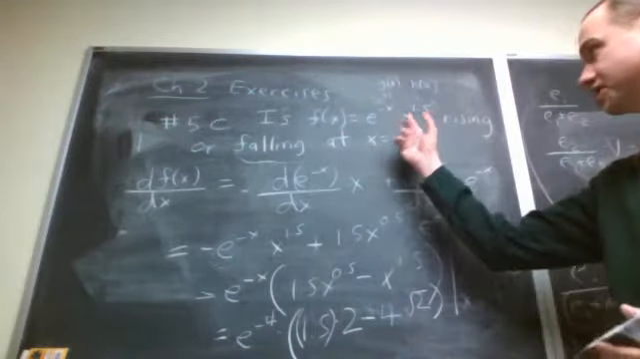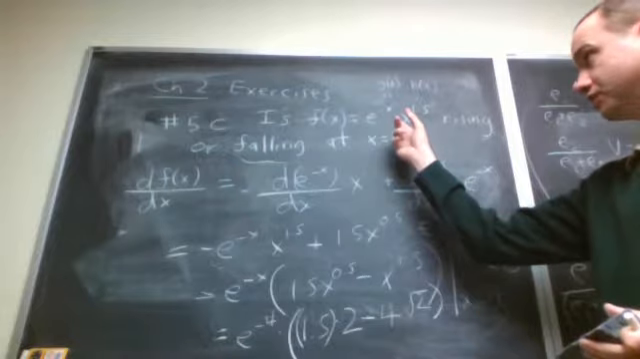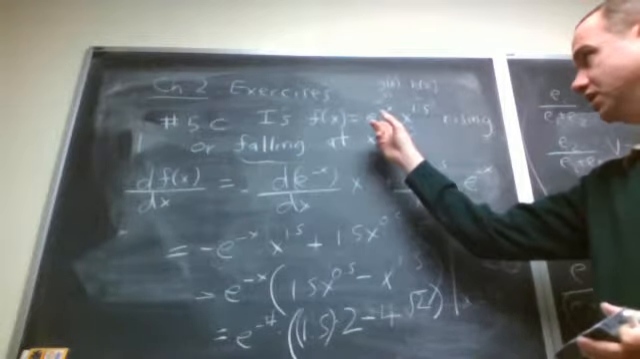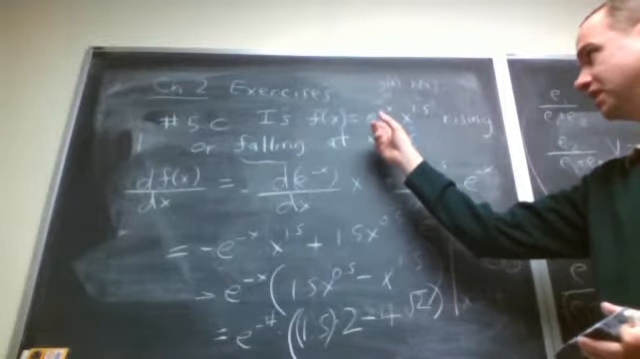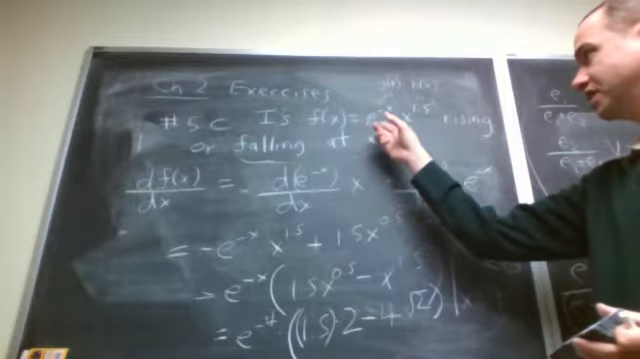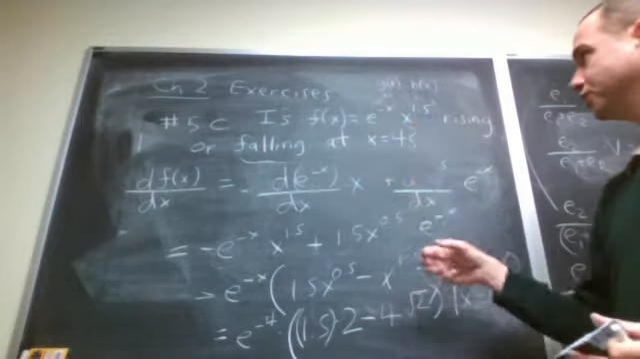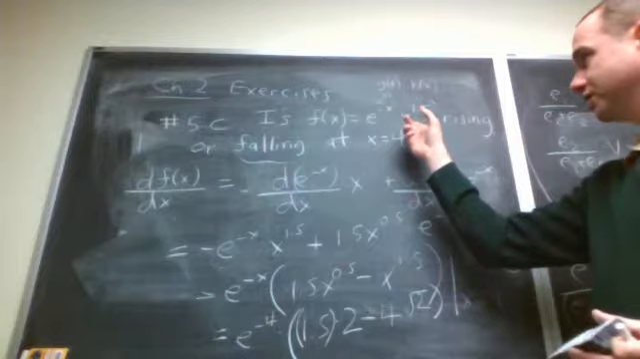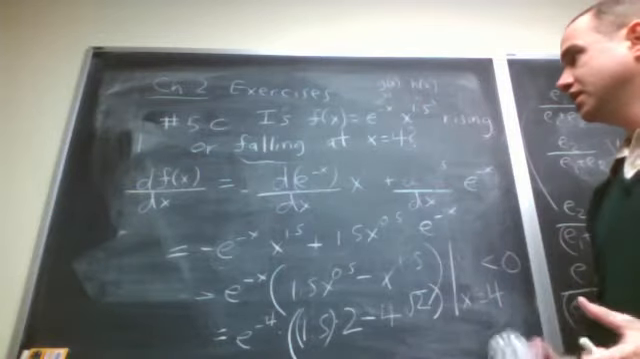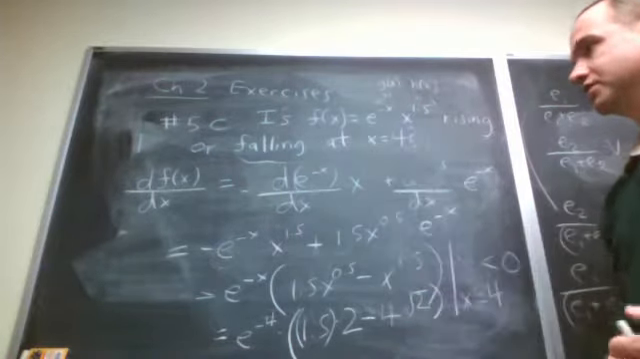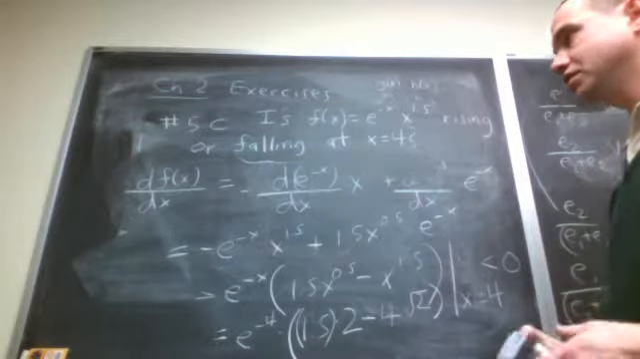Well, looking at the function, we know this is a product, so we need the product rule. This term uses the exponential constant, so we need to use the exponential rule, and we need the power rule here. Okay, and then we need to evaluate at x equals 4. So using the product rule,